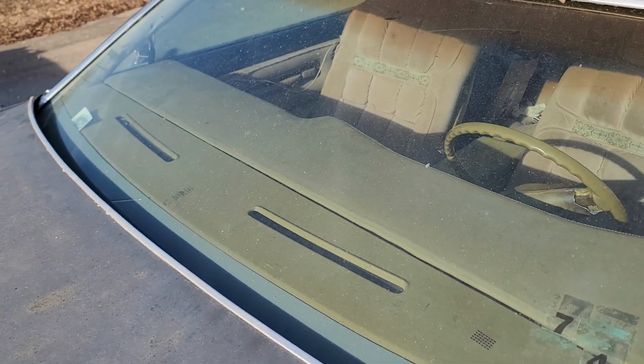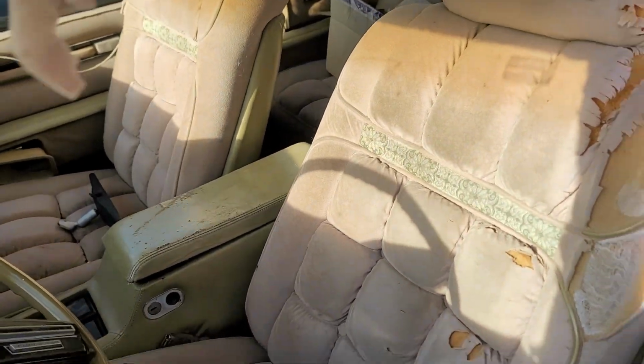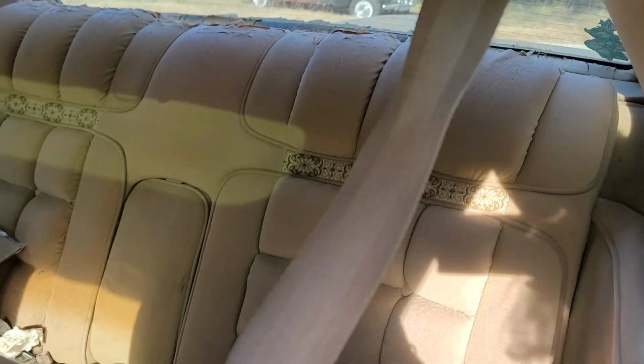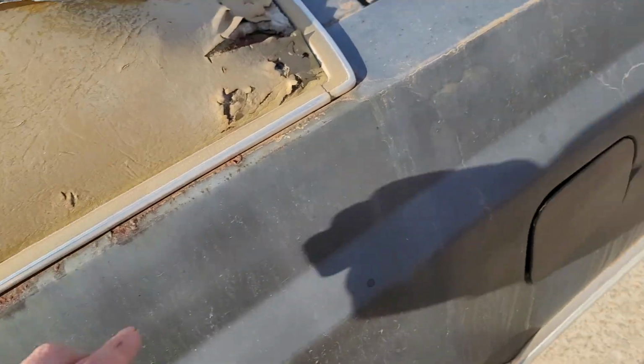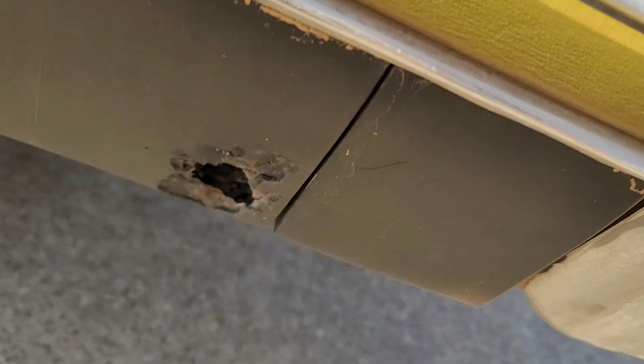So bizarre. You've got a nice crack-free dash, decently intact passenger seats, aside from the top from sun damage. The rear seats are nice. Body's got some of the typical bubbling and rust issues you see with any vinyl top car. Surface rust here, little bit of rot, but